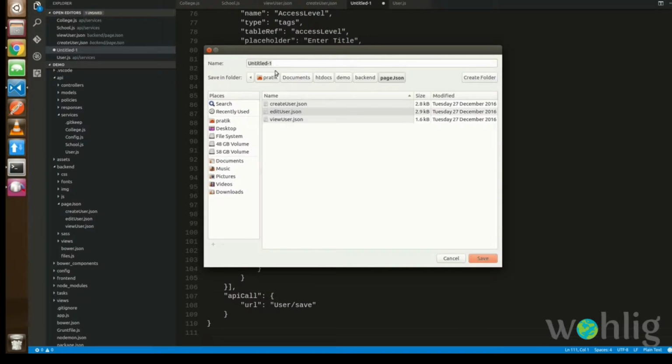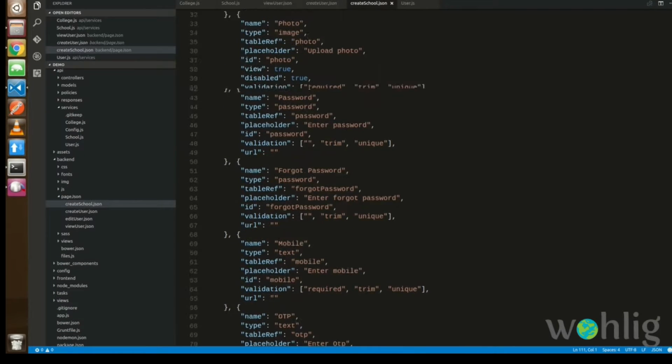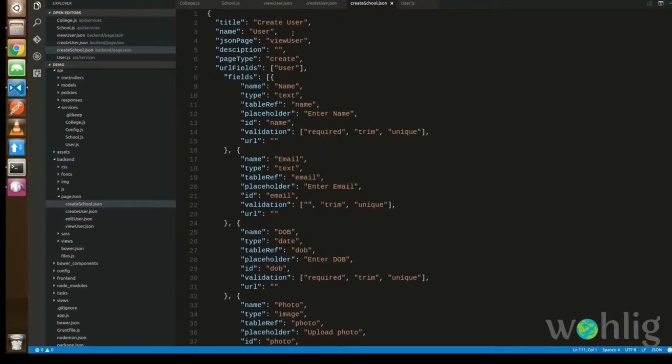Backend pages, and just make sure that you name the file exactly what I do. Our JS file's name is school, so we're just going to map it. So we are creating the create page, and we just go ahead with school, just don't make any typos, .json. If you are using Visual Code or Sublime, you will have the feature to actually